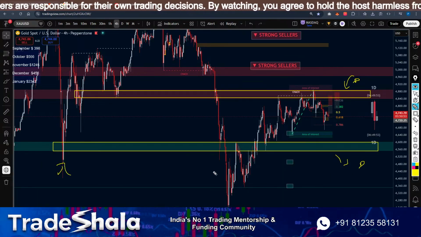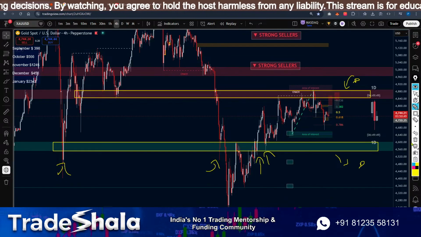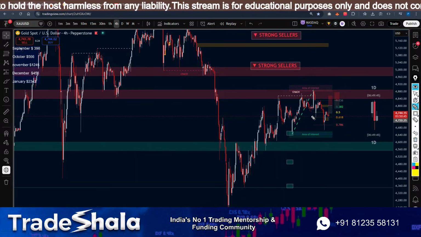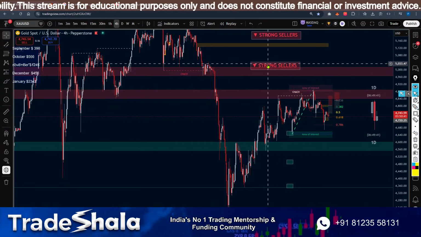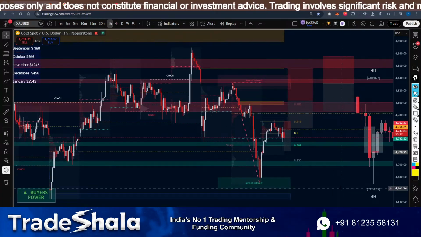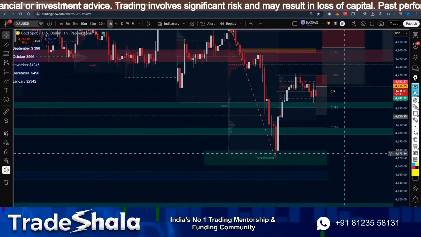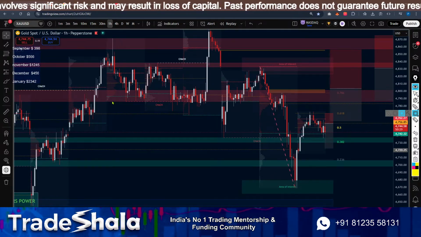Every time we come over here, these levels are acting as support. You guys can see that. So if it ever comes to here, I will buy. As long as we are here, I will sell. That's the simple idea on the higher time frame. Now I go to the 1 hour lower time frame, and I am seeing what levels are there for me to sell. In these two levels I am getting in my mind.